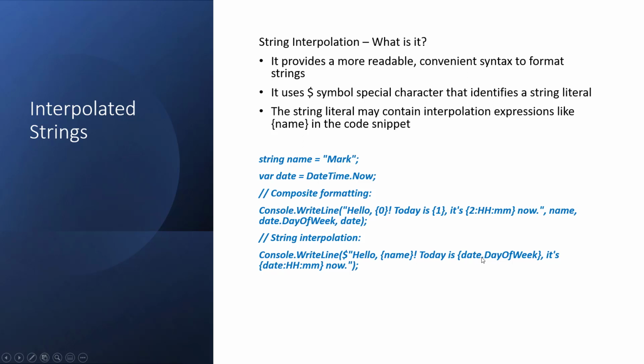So it's not required to write placeholders anymore, followed by the chain of variables. So let's see all this in action.